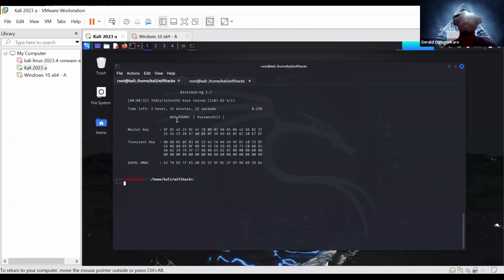All right, key found. Wow. So my password was password123. If I take this right now and try to connect with it, you will see that I can connect successfully to this network with password123. So what I'm going to do now, I'm going to disconnect this, and connect it to